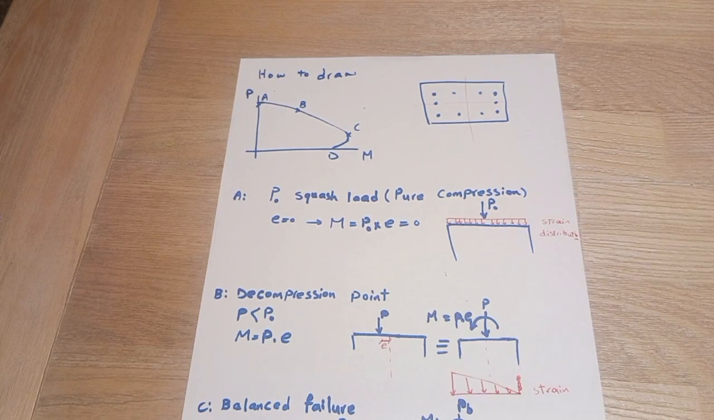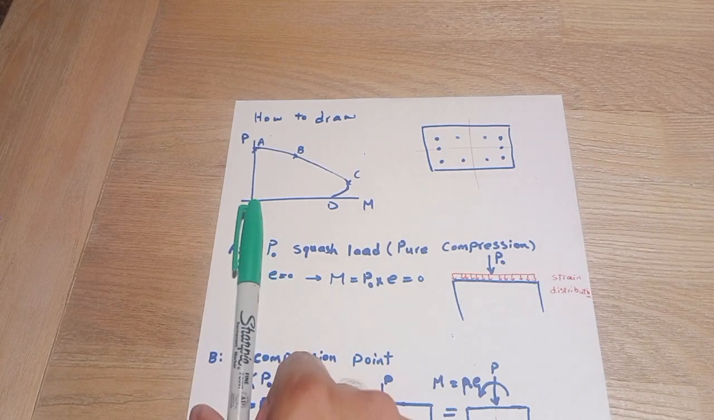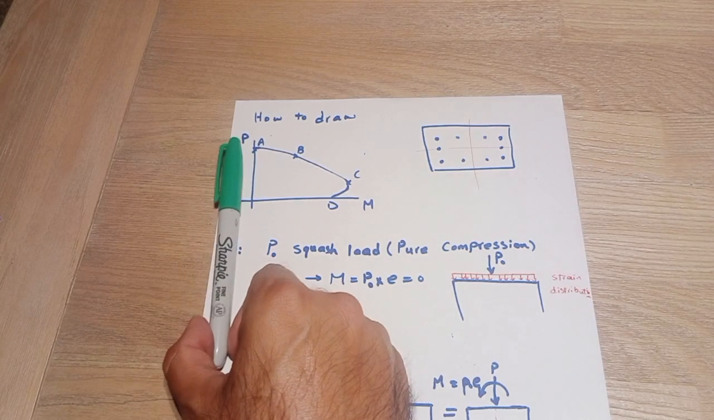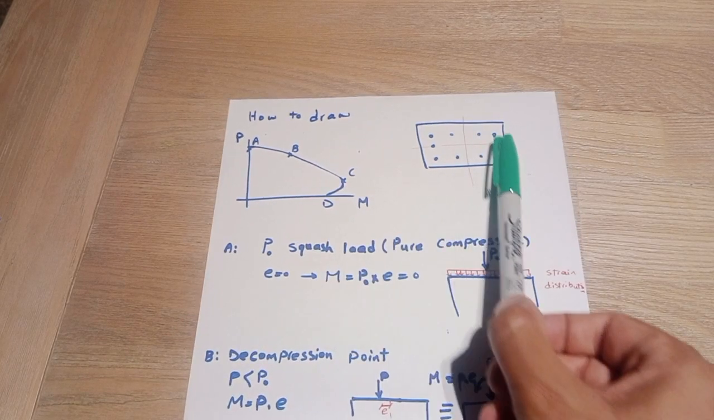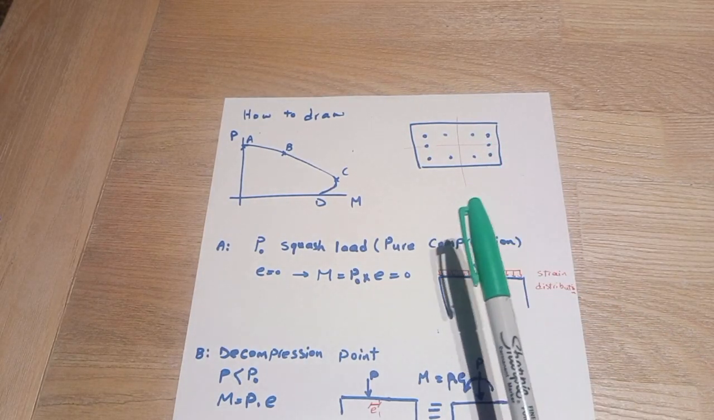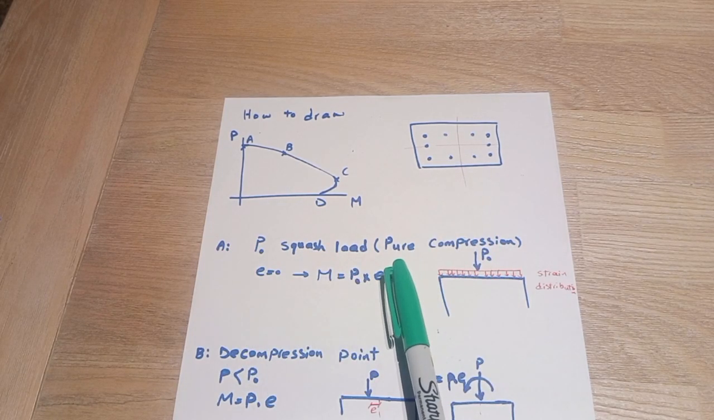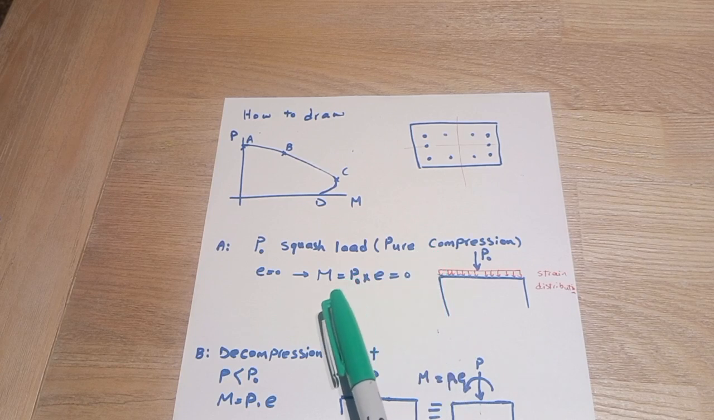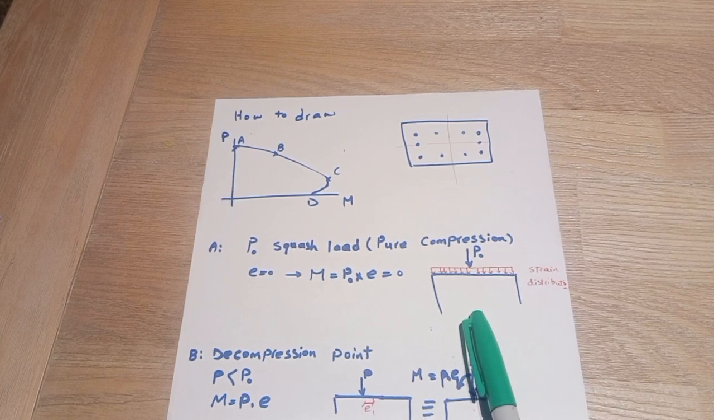To draw interaction diagram, in general, we have 4 points as A, B, C, D, and we have 2 axes as P for compression and M for bending. And this is the general shape for reinforcement arrangement in a section. It is plan view. A is P node or squash load or pure compression. It means that we don't have any eccentricity, and M due to eccentricity is 0. So the whole section is under pure